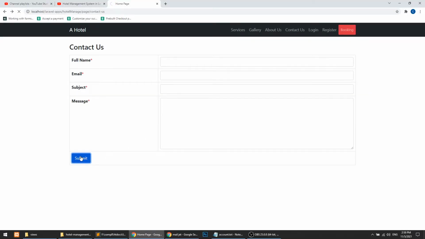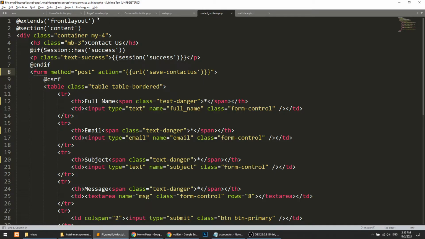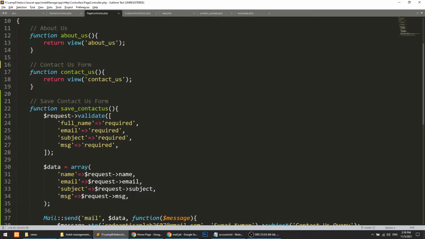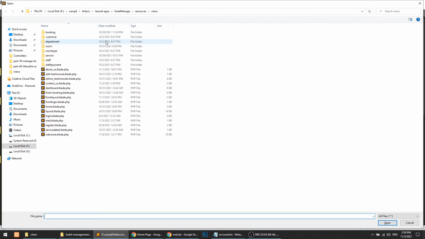Okay, submit this. So call to undefined variable request. So why is this happening? Because you need to pass here the request instance. Okay, and one thing more, you have to pass here the validation. We didn't pass the validation here.